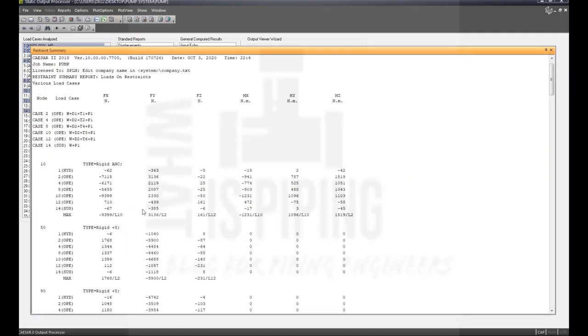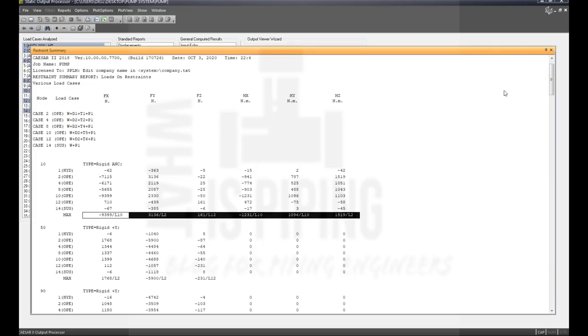Now node 10 is our nozzle node, so this much force is coming. You have to compare these loads with allowable values, and if they are within the allowable limit, then it is acceptable. Otherwise, you have to make some modification in supports or in the layout. That means you have to iterate, and after every iteration, every modification, every change, check whether nozzle loads are within the allowable limit and whether all stresses are within the allowable limit.